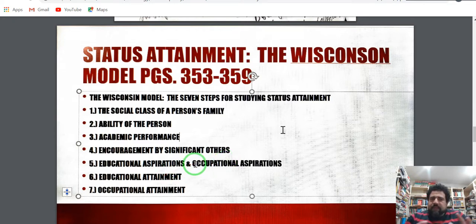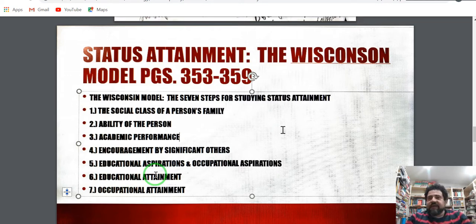So one's educational aspirations are a combination of how one does in school and how one's school treats us. For example, if you have teachers who treat you well, encourage you, and you yourself have talents, biological talents, even if it's normal, but let's say even a little above that, that certainly influences your educational aspirations and occupational desires. And then that affects how far you're able to take it.